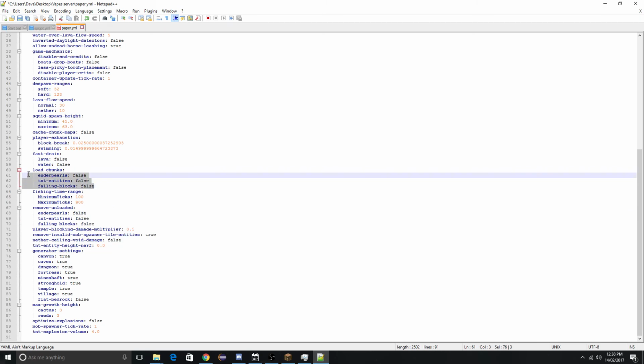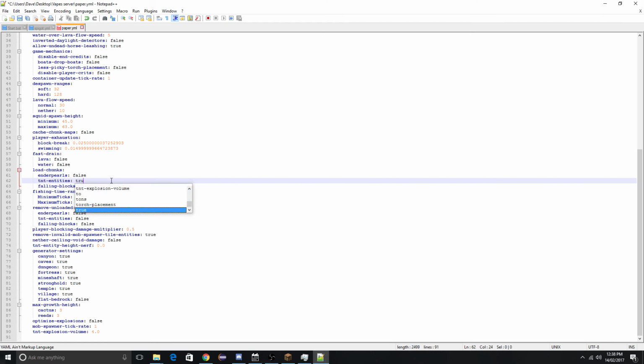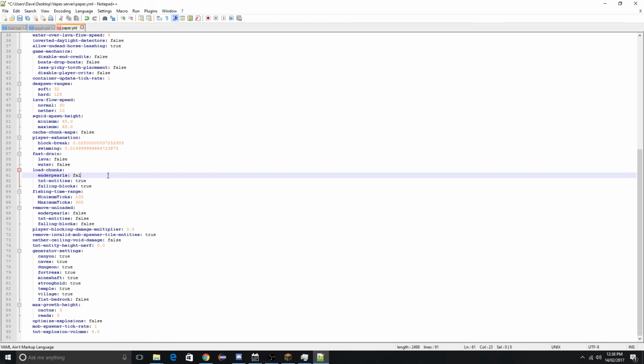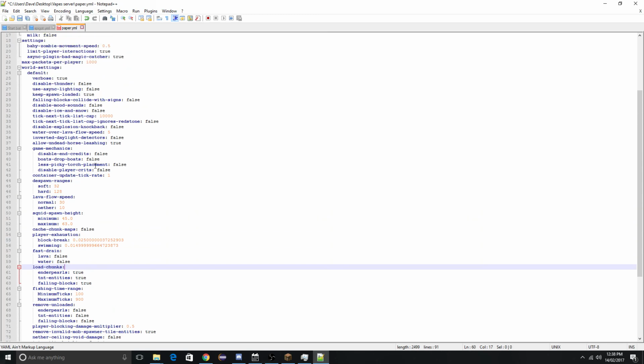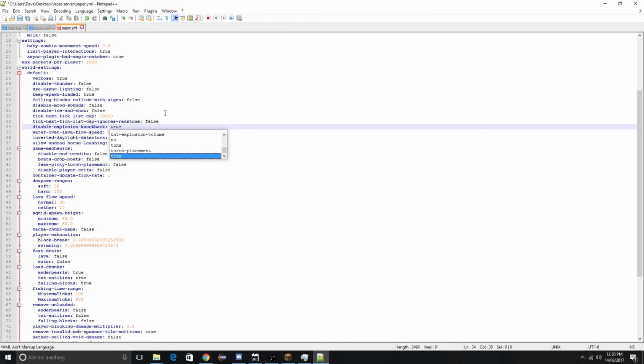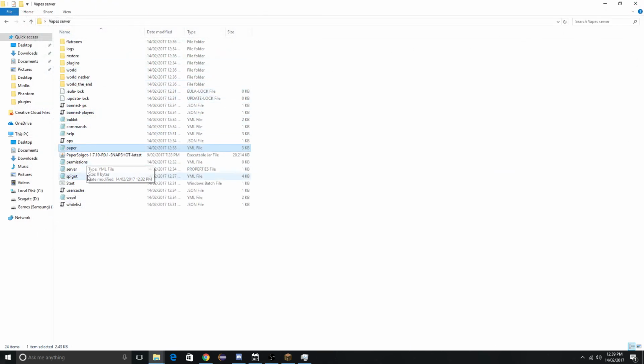And then where it says load chunks, these are all going to be on false. Change them all to true. So basically these changes allow you to shoot your cannon from 20 chunks away, and it won't despawn all the stuff. Like you won't need alts to load in the chunks. One more thing you want to change is, let me try and find it. Disable explosion knockback. You want to put that to true, so when you're at the wall and your cannon fires, you don't get blown 20 chunks away. That's pretty much it. So you just want to do save, close that, and the last one is our server.properties